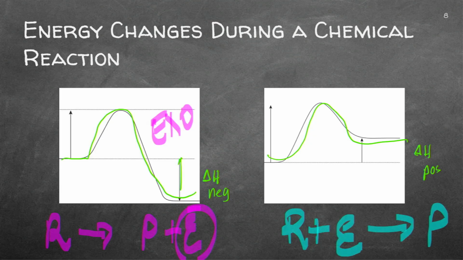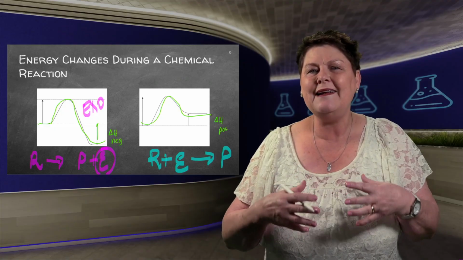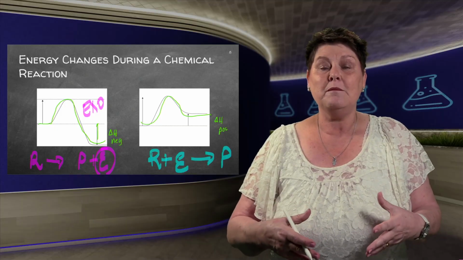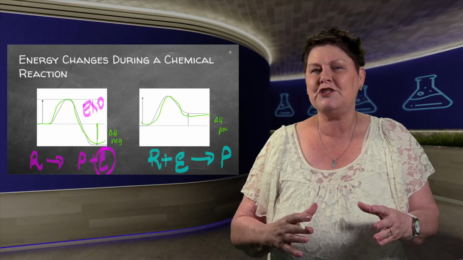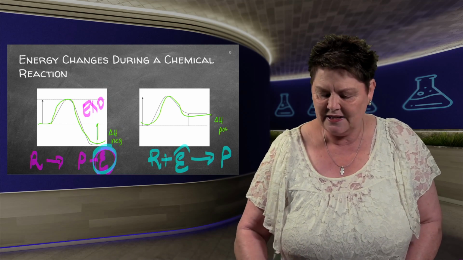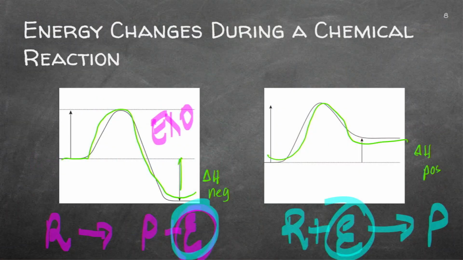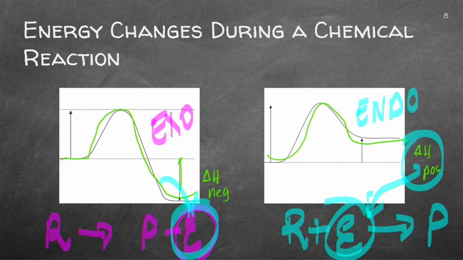I can tell you now, you cannot do equilibrium if you do not know where the energy will be, because the influence of temperature is exactly this energy, and it's crucial that you understand exo and endothermic and what the delta H means, and where it fits into the chemical equation.